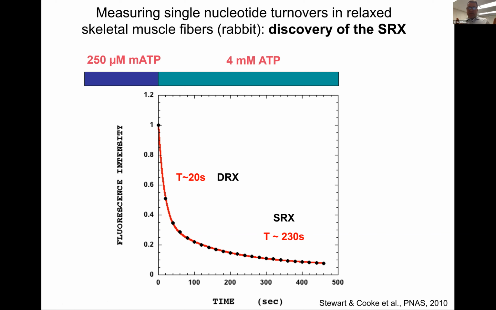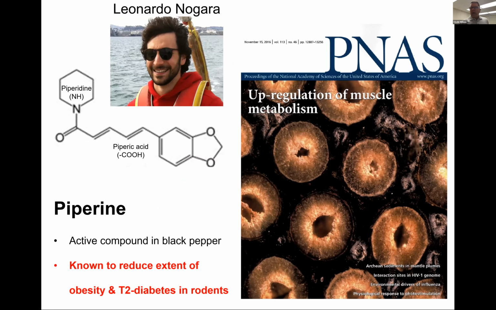This is the first publication and demonstration of the existence of the superrelaxed state, which was in rabbits, done by Melanie Stewart in our lab, published in the Proceedings of the National Academy of Sciences in 2010. Leonardo Nogara then subsequently within the lab